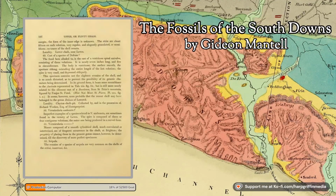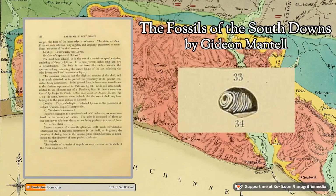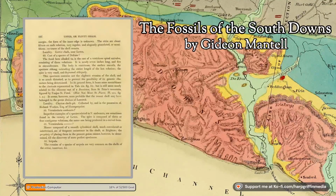This specimen contains not the slightest remains of the shell, and is so much distorted as to prevent the possibility of its generic characters being determined. In its general form, it bears some resemblance to the auricula represented in Tablet 19, figure 34, but is still more nearly related to the siliceous cast of a Buccinum from St. Peter's Mountain, figured by Faujas de Saint-Fond,